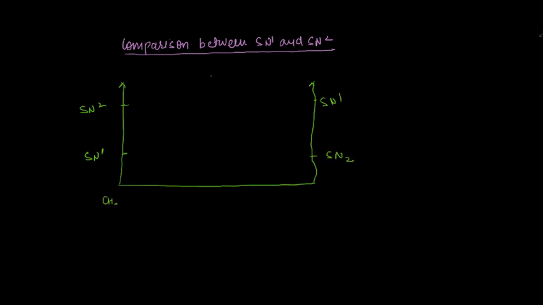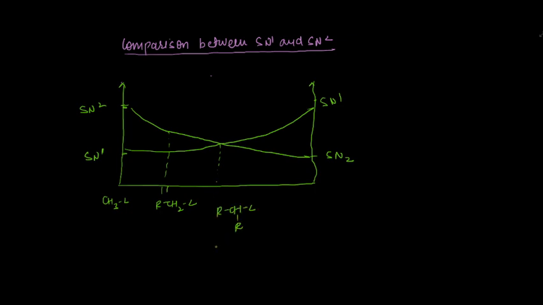So when we have CH3 and a methyl leaving group, then SN2 will be the priority. SN1 will not be the priority. When we have RCH2X, 1 degree, then also SN2 will be the priority. That's how the curves look. Then the priority will be SN2. But when we have